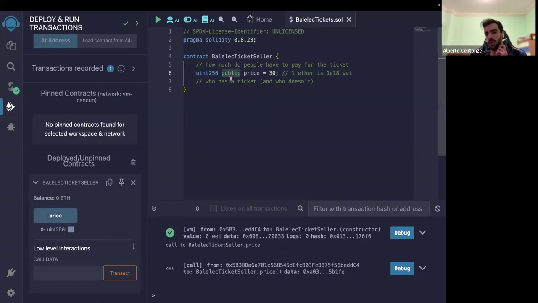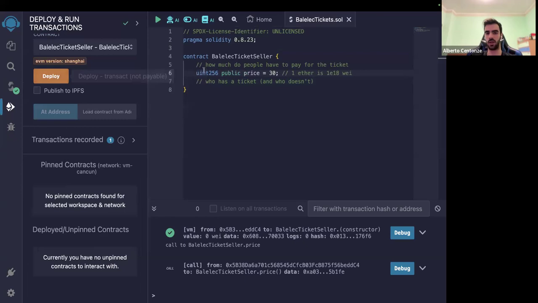One really important thing to remember is that public does not have the same semantics as in other programming languages. If I make something public, it does not mean it can be modified by anyone. It just means a public getter is being made for this. For example, if I remove public and make it again, it's private by default.